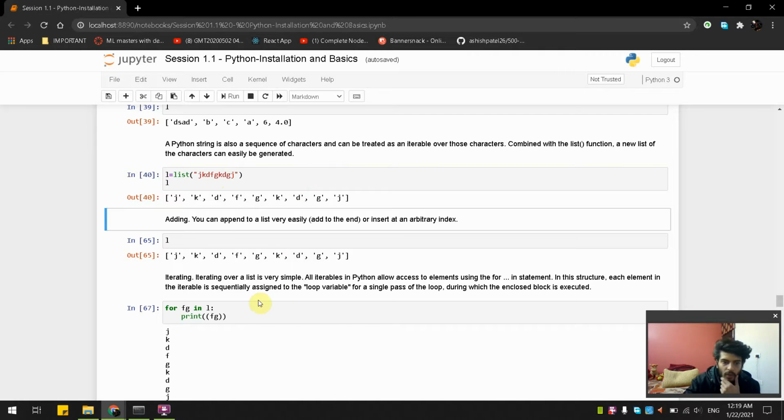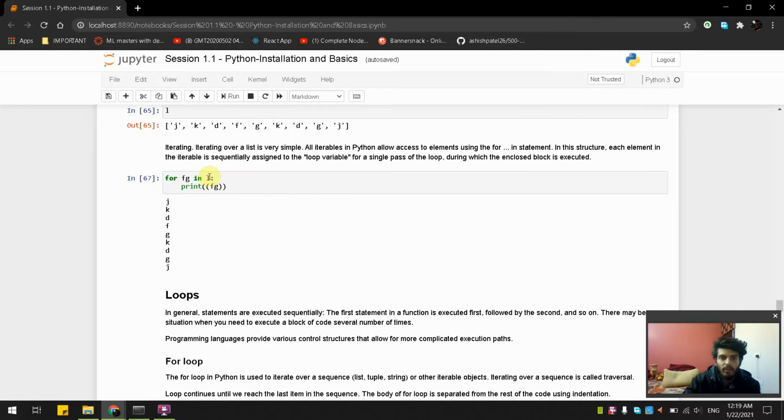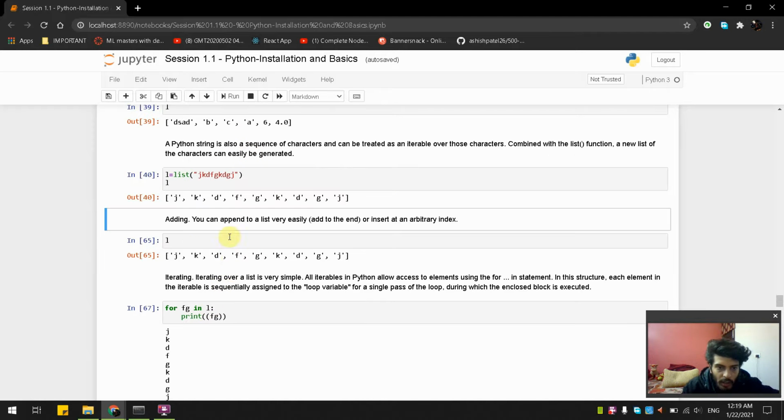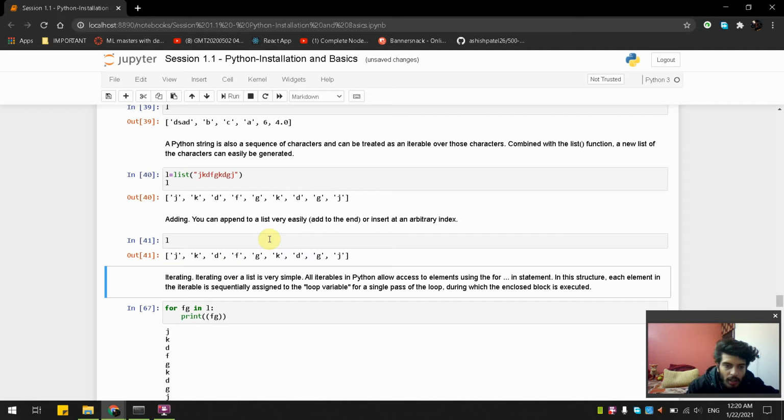So now we can see, it is just a for loop where we are printing the values inside a list. There is a syntax which I am going to show you.